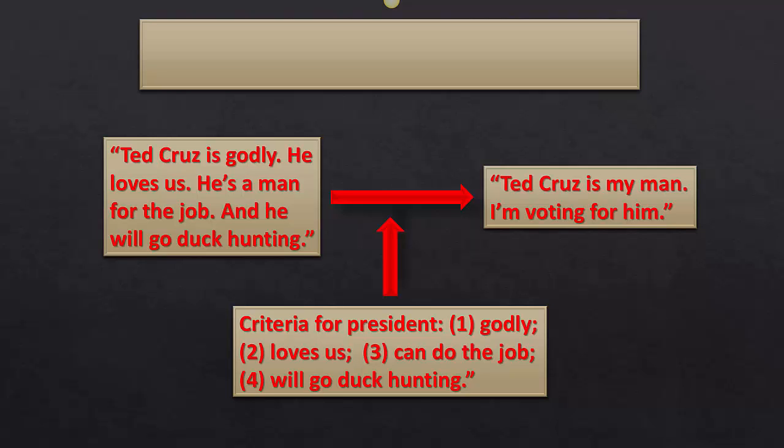Now, for most folks looking at this argument, they might look at this criteria and see, for instance, the third piece: someone who can do the job would be a good candidate for president. Ted Cruz can do the job, therefore you could vote for him. That is a particular logical construction of evidence and reasoning and claim that